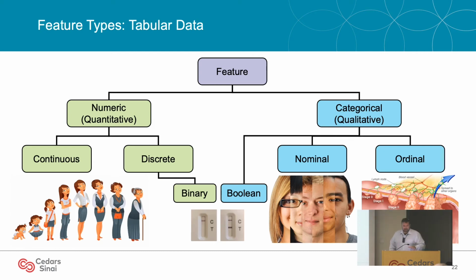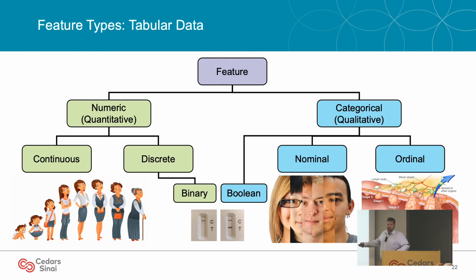This is going to be really basic, but let's review the basic feature types found in tabular data. So let's separate out feature types. This actually is really important to take into consideration because when you get to analysis downstream, it really does matter how your variables are treated. And that's why I'm reviewing this. Features can be numeric, they're quantitative, or they can be categorical, qualitative. On the numeric side, variables can be continuous, if you're a programmer, like floats with decimal points and whatnot, or they can be discrete, like integers.